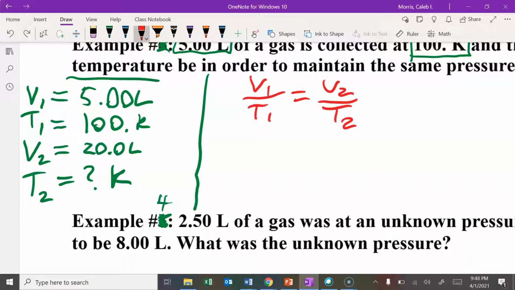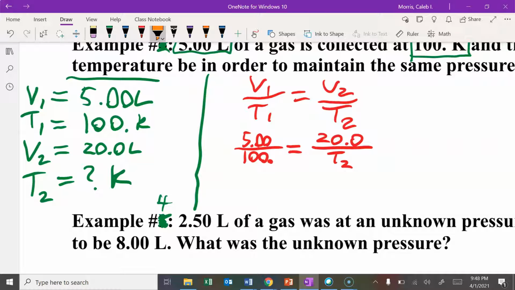My first volume is 5.00 liters. Don't worry about the liters. It's just 5.00 divided by T1, which is 100. V2 is 20.0. T2, that's what I'm looking for. That is just going to be called T2 while I'm solving for it. Remember that we can cross multiply here